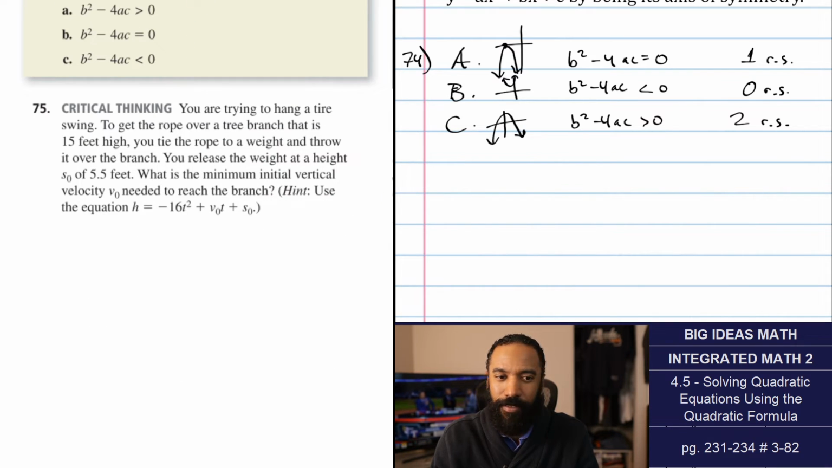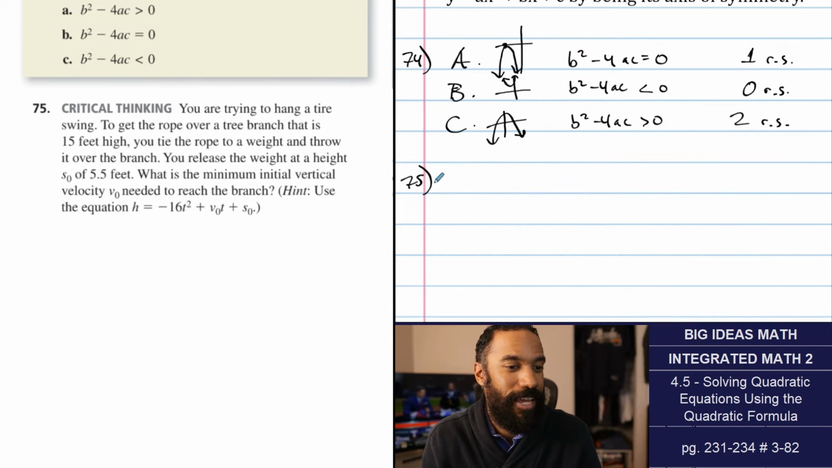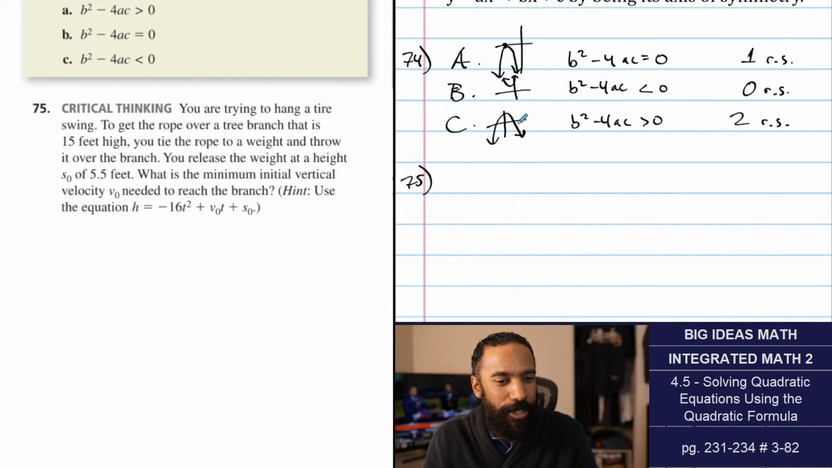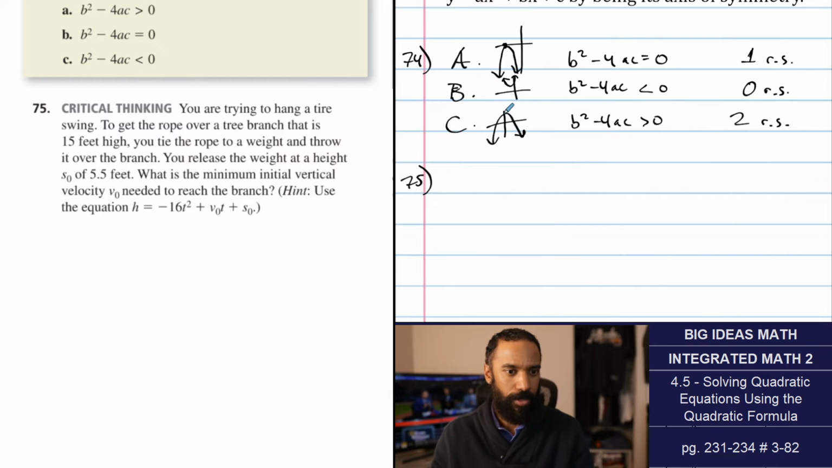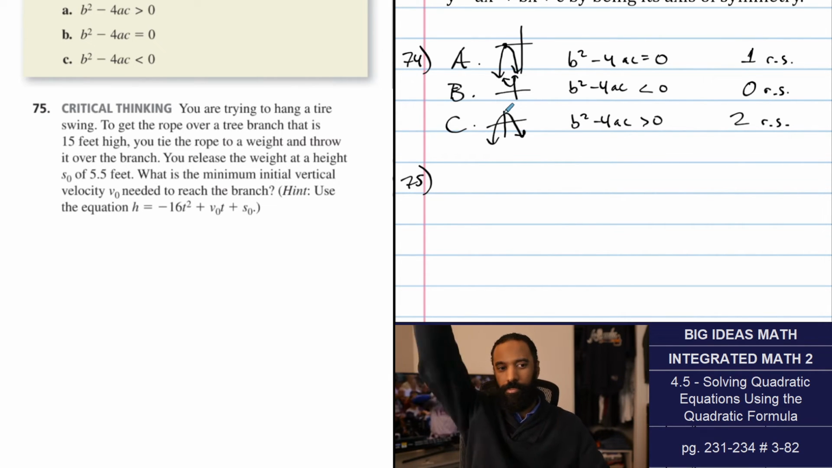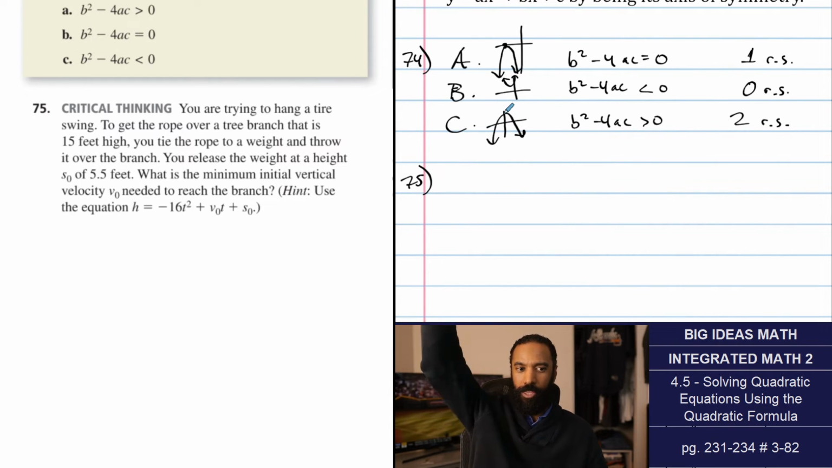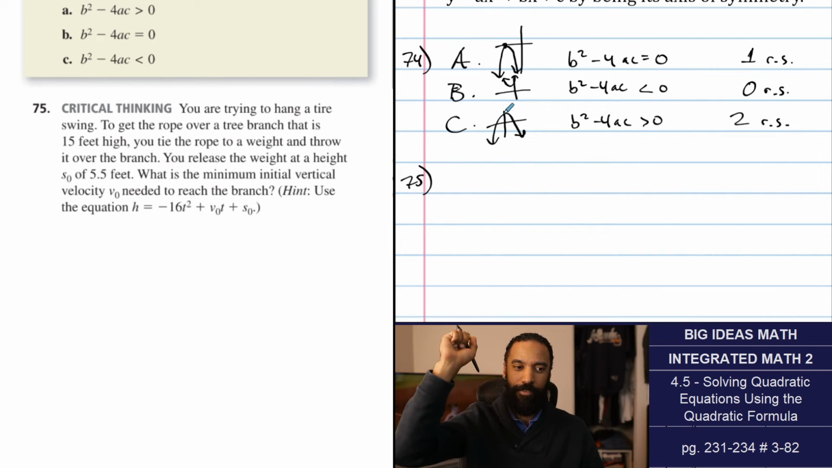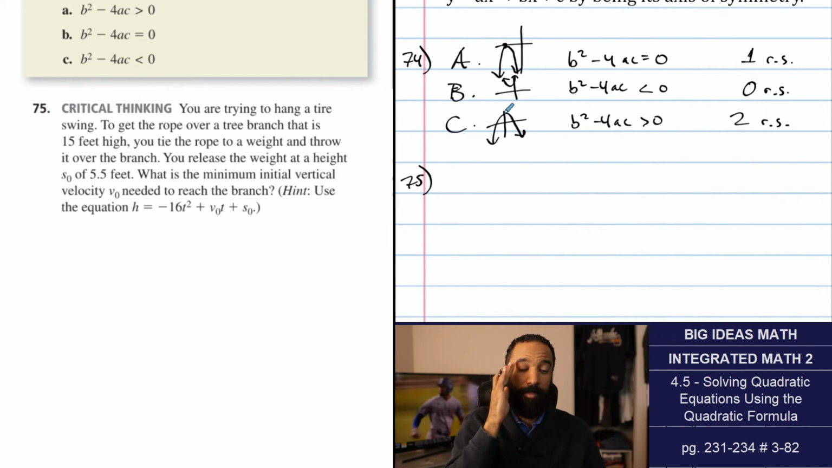Number 75. You're trying to hang a tire swing. To get the rope over a tree branch that is 15 feet high, you tie the rope to a weight and throw it over the branch. You release the weight at a height of 5.5 feet. What is the minimum initial vertical velocity needed to reach the branch? Hint, use the equation. Yeah. So,